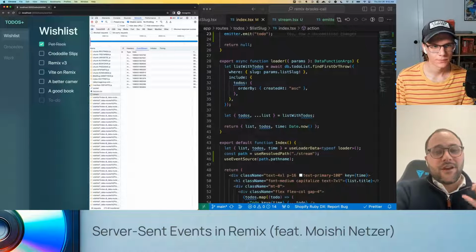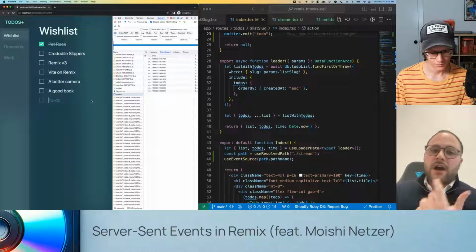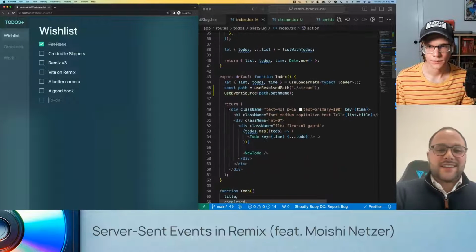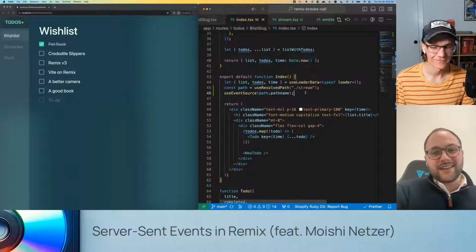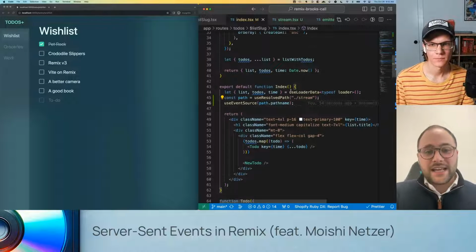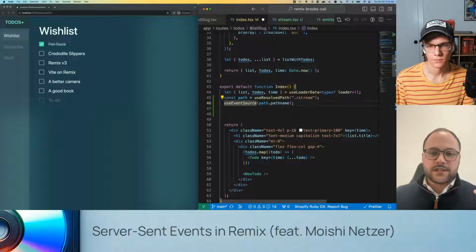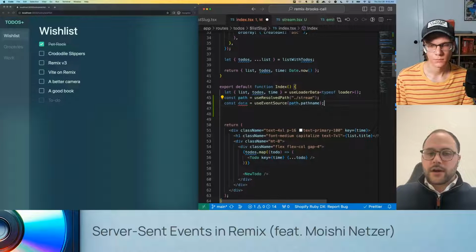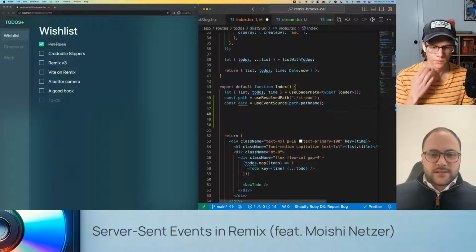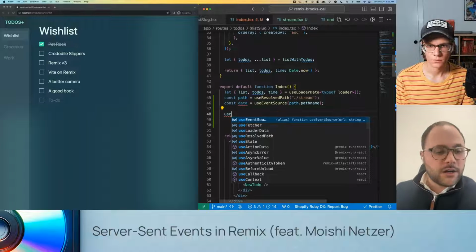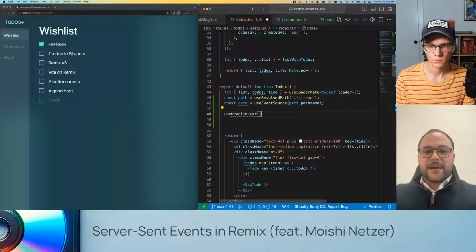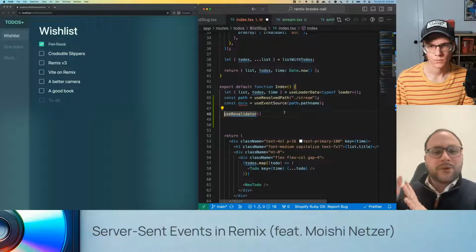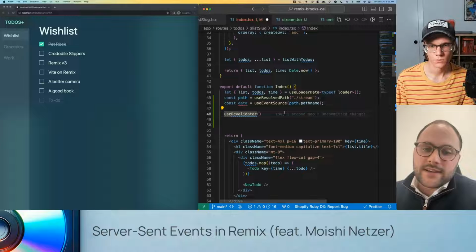Awesome. So now the last piece of this puzzle is basically telling all the other clients, hey, you've got stale data. It's time to revalidate. Now, when I say that word, that makes you think of using a revalidator, right? Yep. So let's get the data. Let's save the event source data like we did before. And we know that just returned the latest thing, right? Right. Now let's get a revalidator with this really handy hook. What this does is it tells everything on the Remix page to revalidate all your loaders, get the freshest data, and put that in. Okay, so that returns a revalidator function.